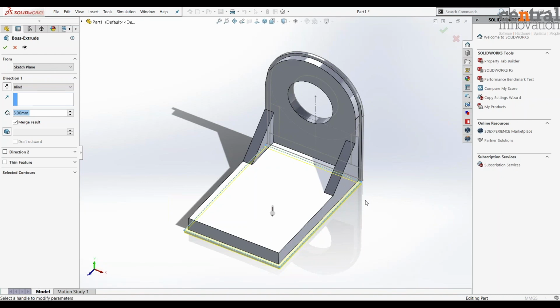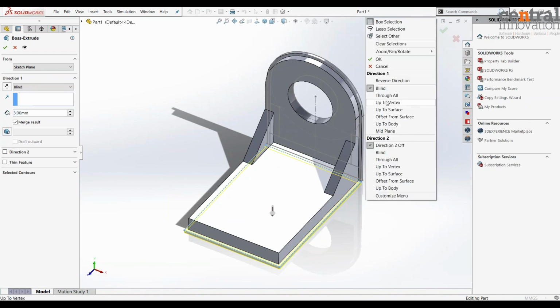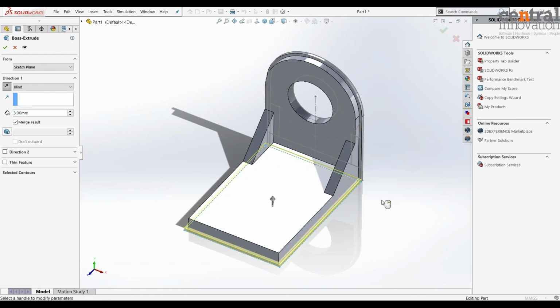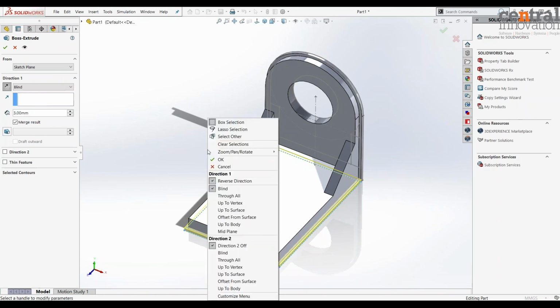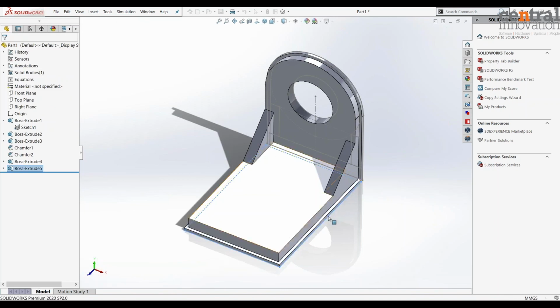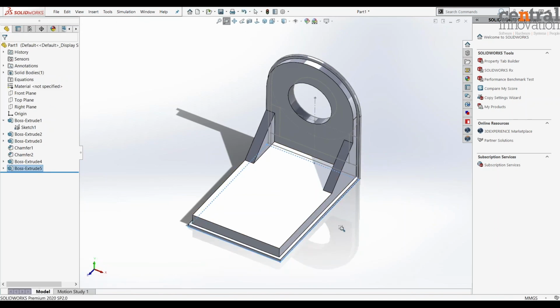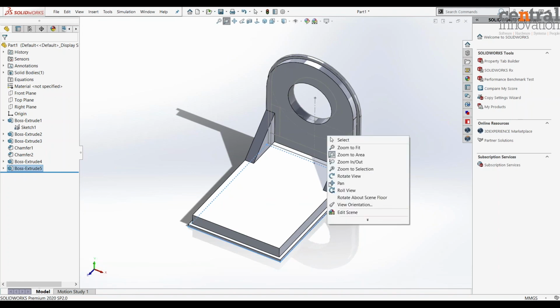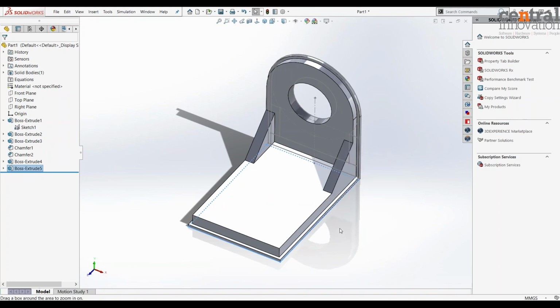And I'm not happy with the direction. I will reverse the direction and just click on OK to end my extrude. So the purpose of creating this small face here is to show you the application of another short key, which